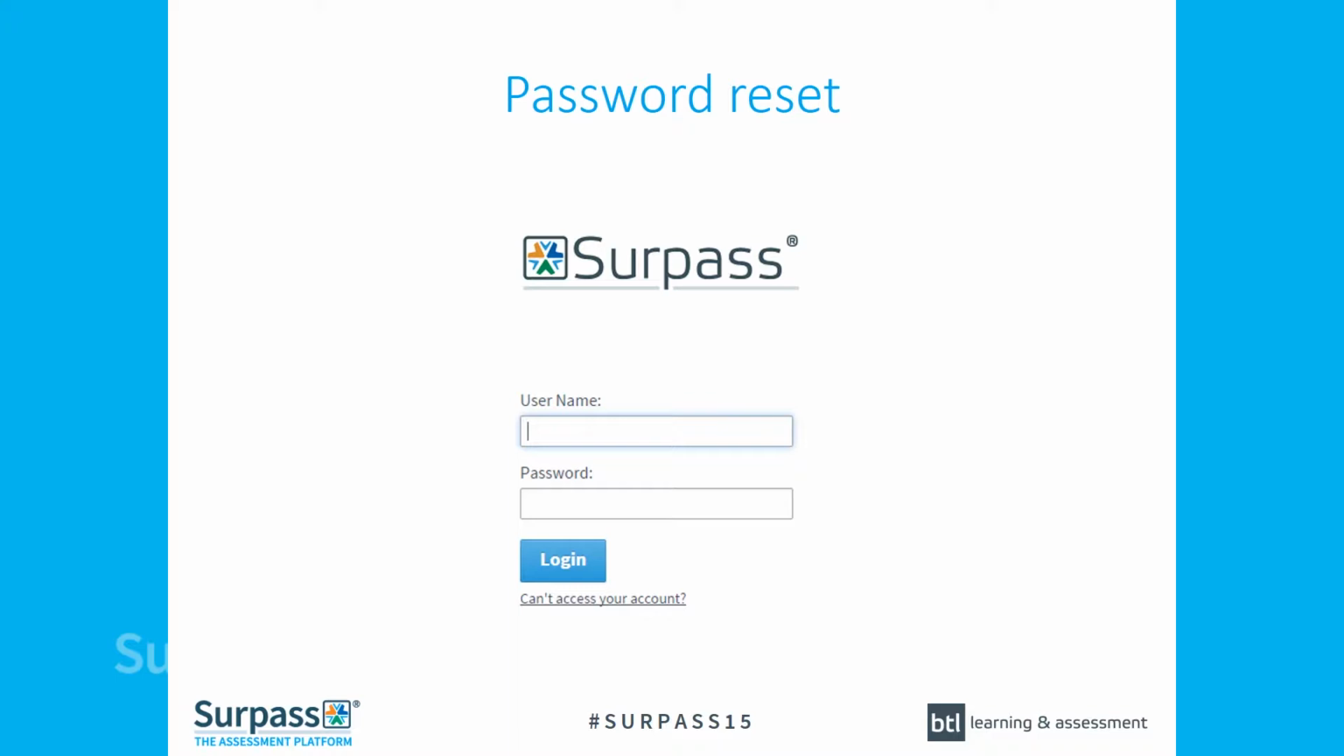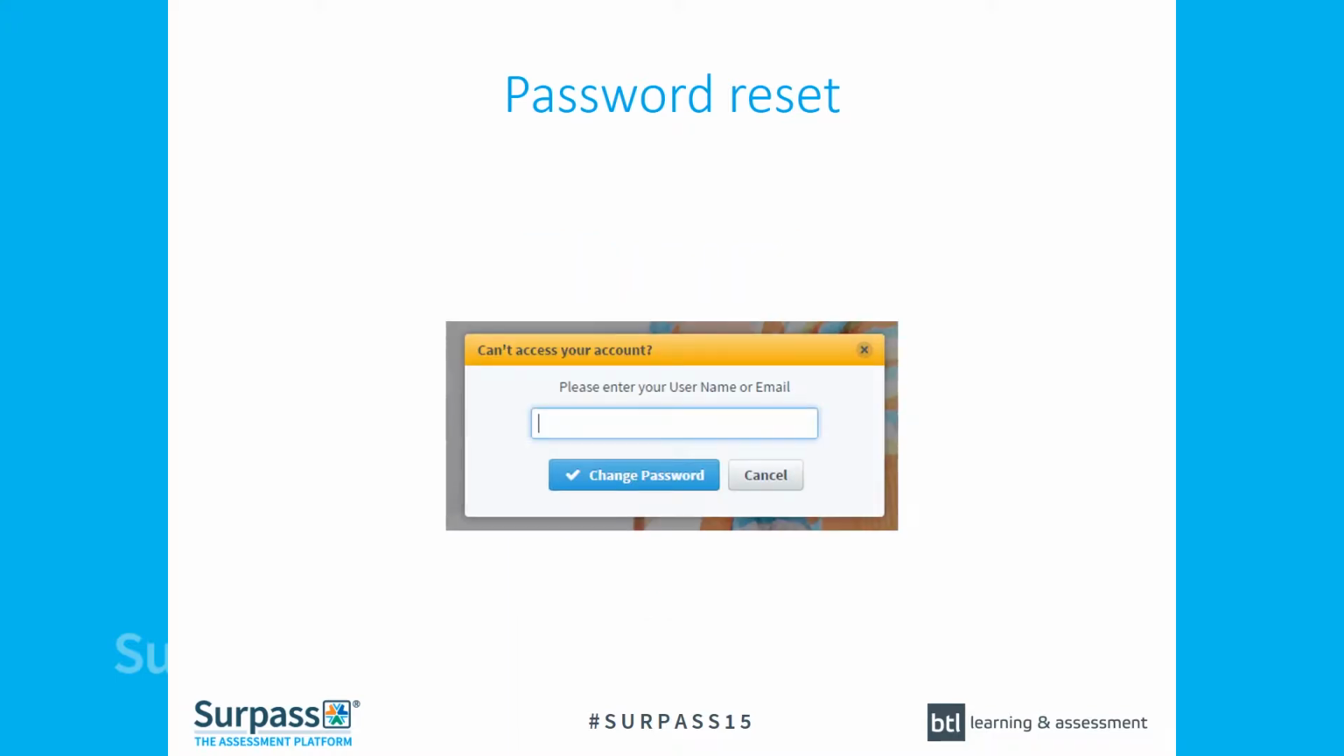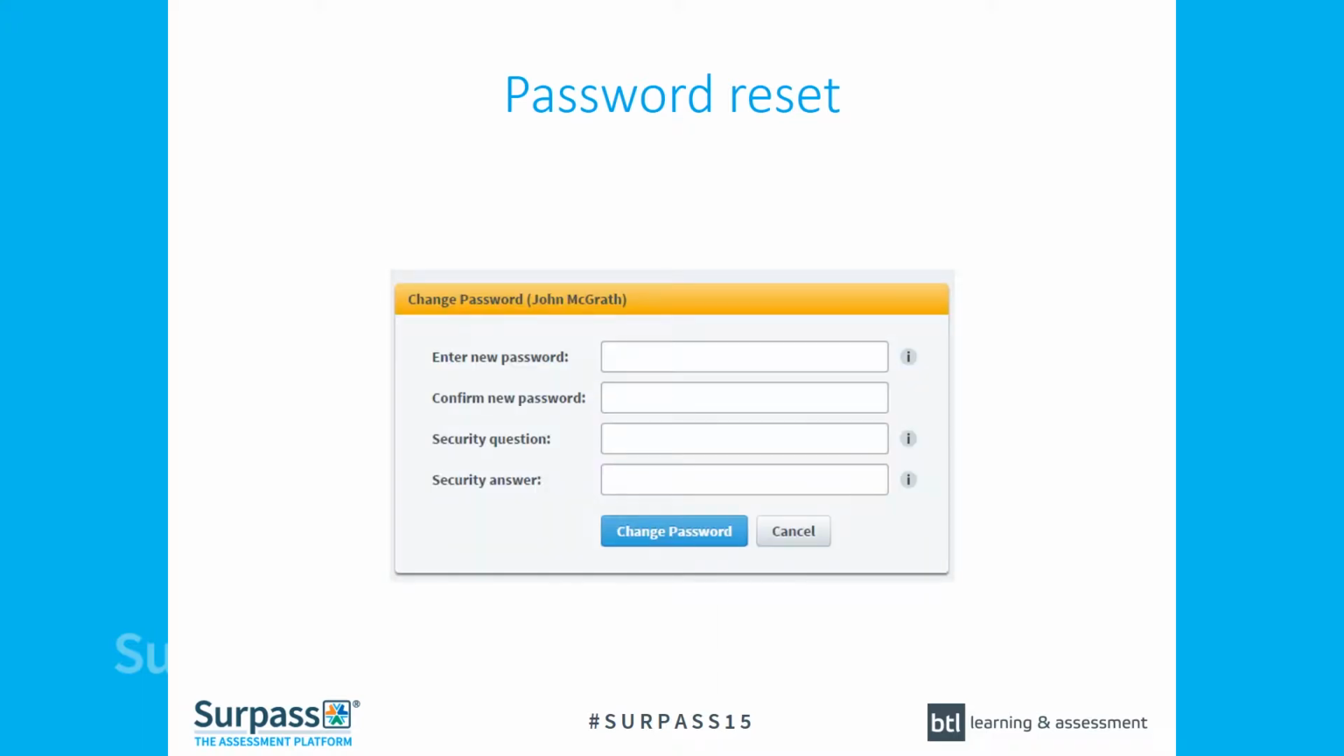So there's a simple "can't access your account" link at the bottom there. The user is prompted to enter their email address. An email is sent to them with a link they access, and then they follow the instructions. They're told to enter their new password, confirm that password, and then the security question and the answer,